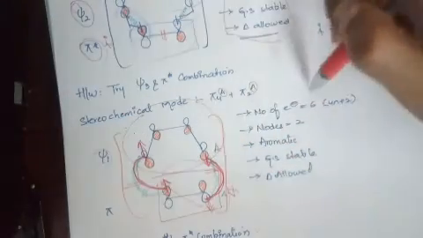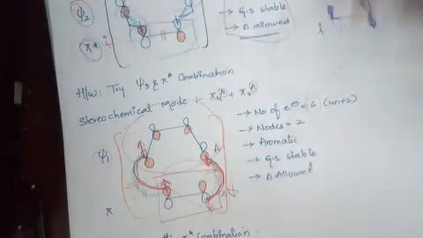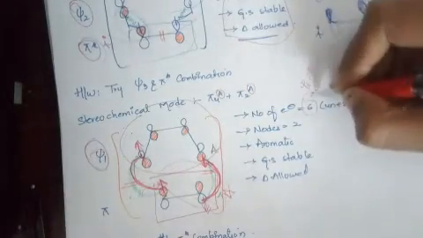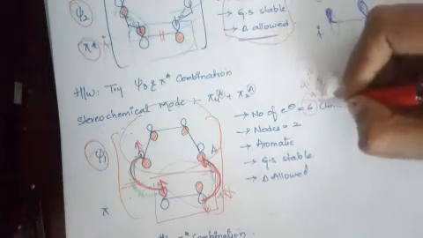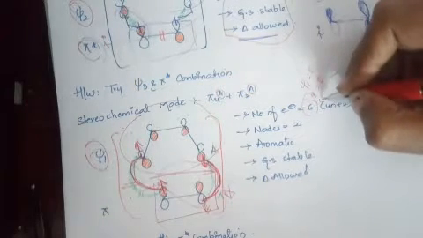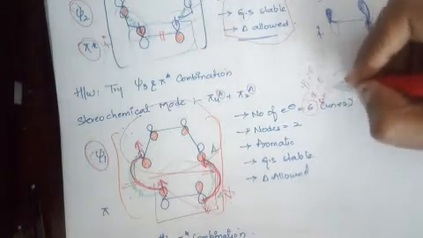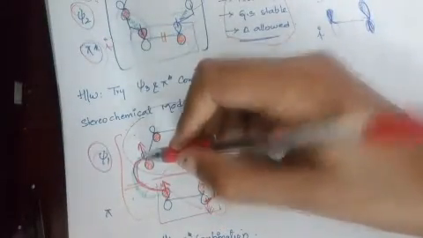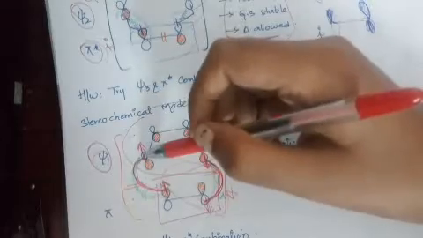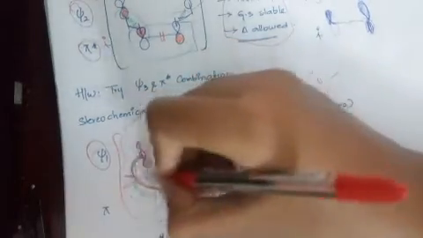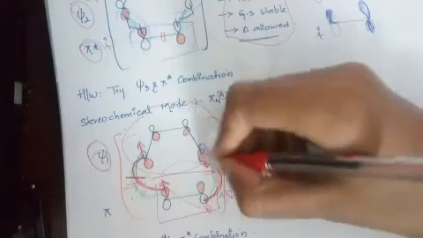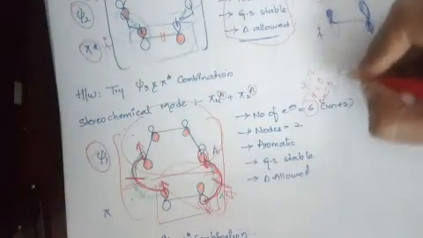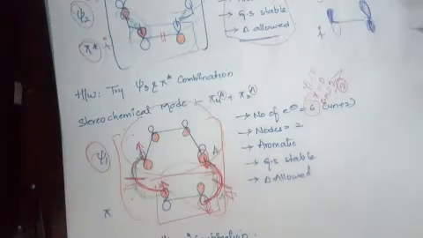Now before going on, the number of electrons: again 6 pi electrons are there. Now we will count the nodes. Sigma 1 will have 0 nodes, pi will have 0 nodes. In the stereochemical mode, shaded part is overlapping with unshaded part. See here, shaded is overlapped with unshaded, so one node is formed. Here also shaded is overlapped with unshaded, so a node is formed. So two nodes are formed. Total number of nodes is 2.